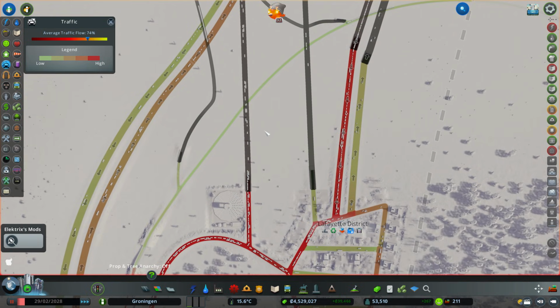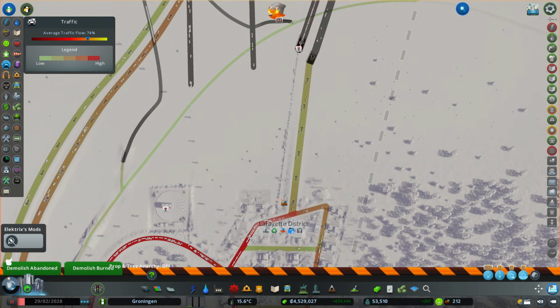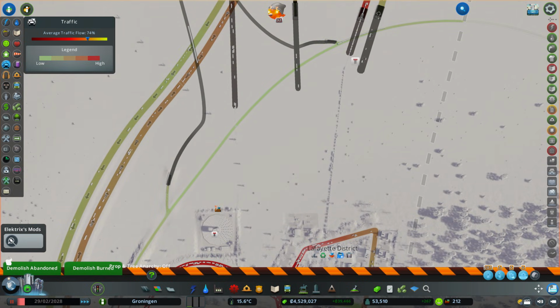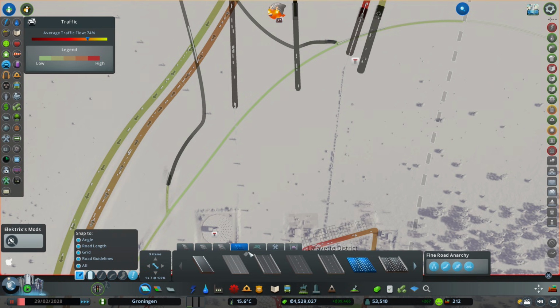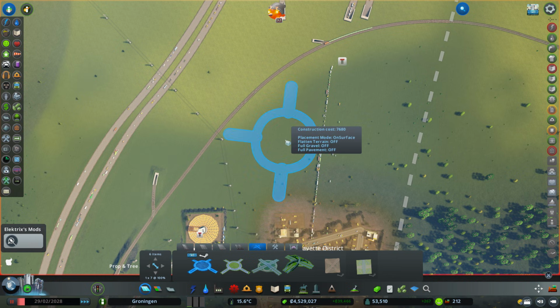So let's just pause the game. We're going to take out this one here. We're going to take out this one here, just to give us some space, and that one there. So there we go. We'll keep that above ground. And then we'll see if we can get all of that into a roundabout. I'm going to pick one of the... Let's go for a slightly larger one as...